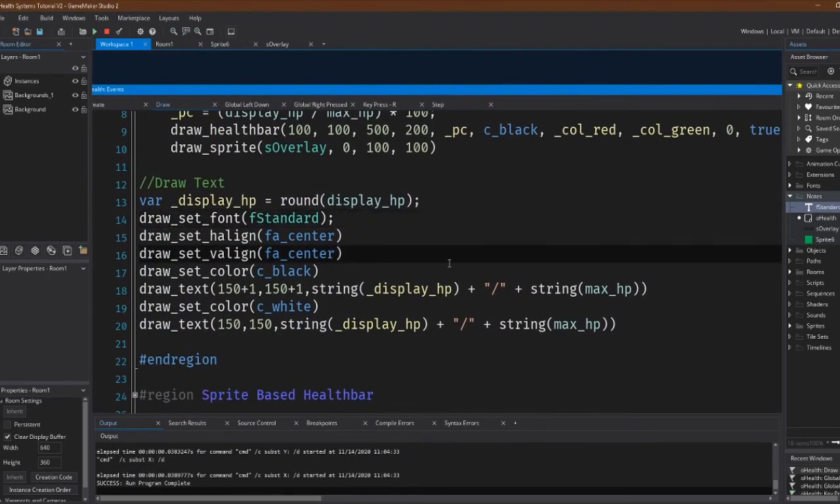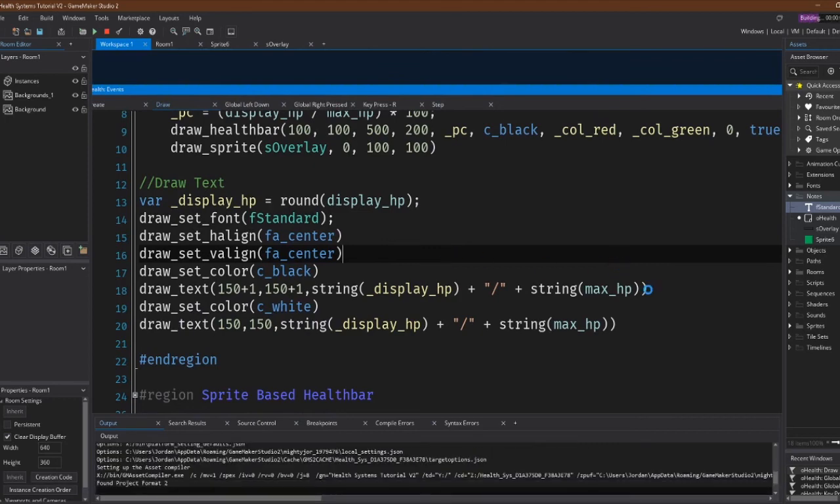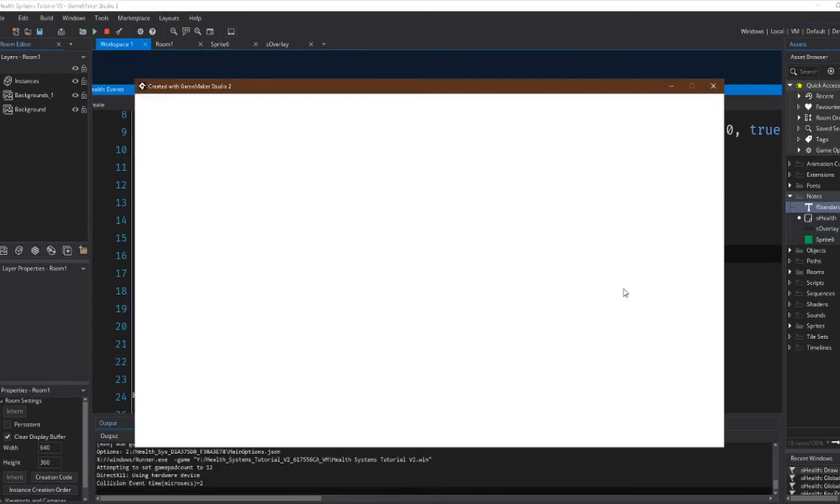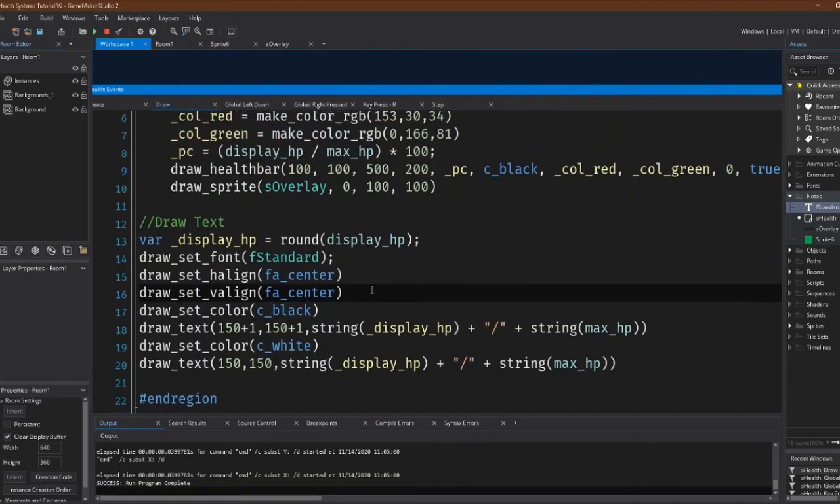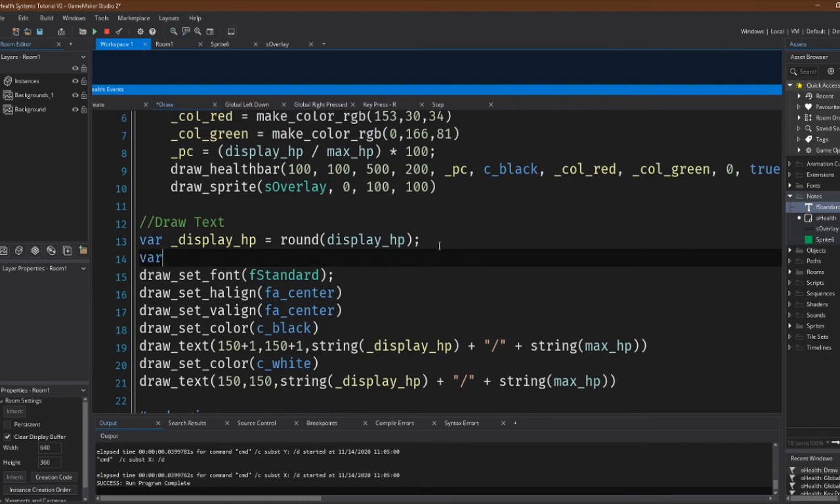Okay, so one thing I want to do is I want to make it so when my health goes down, if I get down to like 20, let's say 20, I want the HP color to change to a red color instead of white. So what I do is I set up var HP color. I'm just gonna call it col HP, keep to our same naming convention. Let's call that